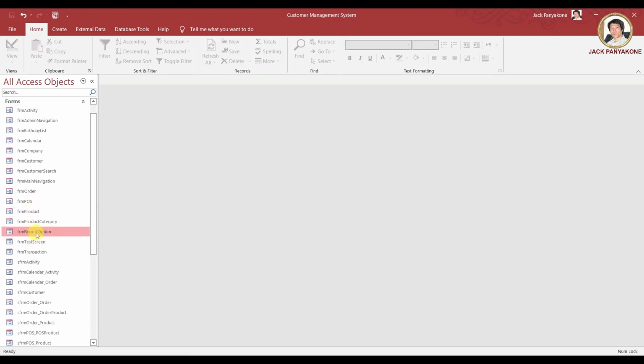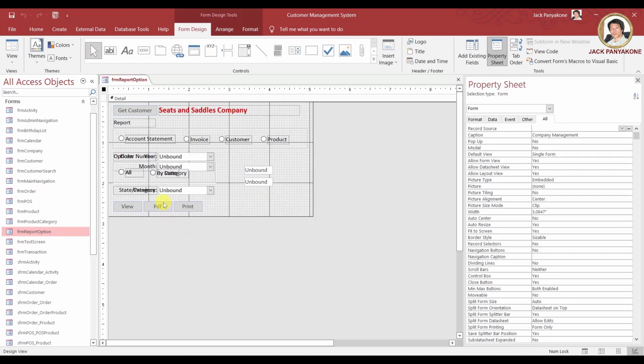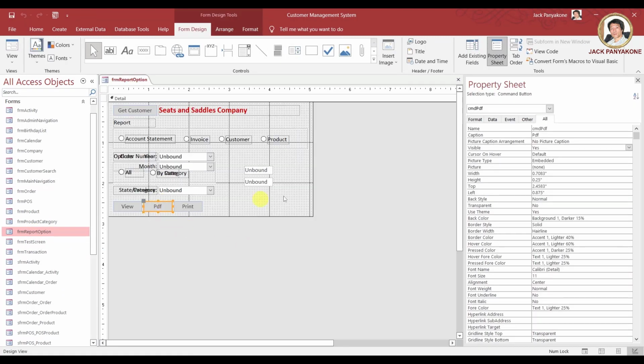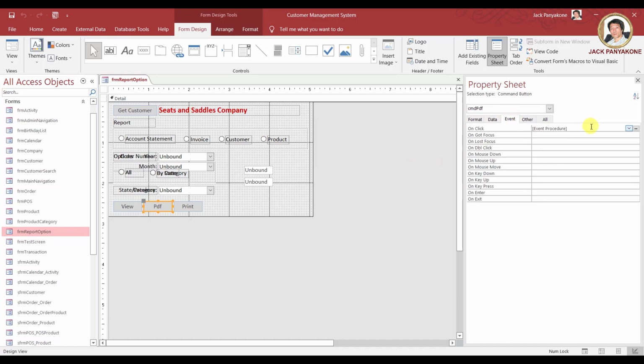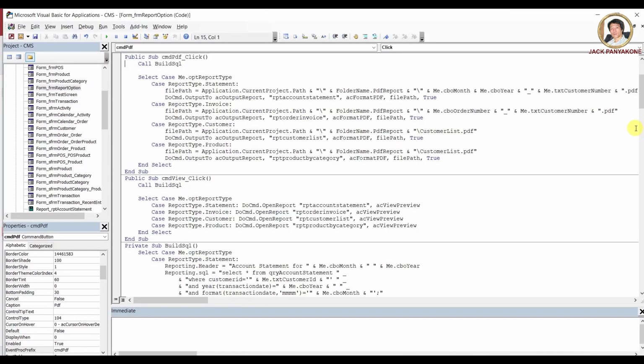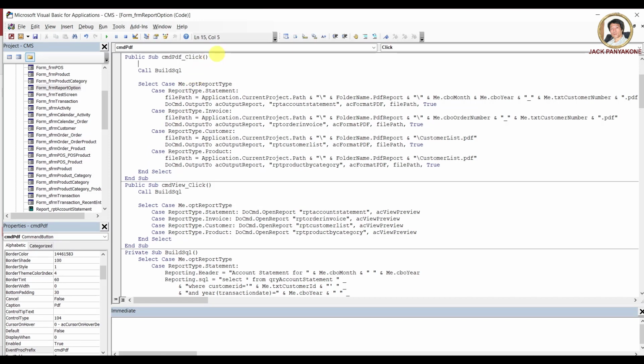Let's go to the report option. Right here, let's go to PDF. Obviously, I'm not going to send this to a printer. I notice this one right here, I didn't define it. Let's define that: file path as string. Glad I came in here. Anyways,